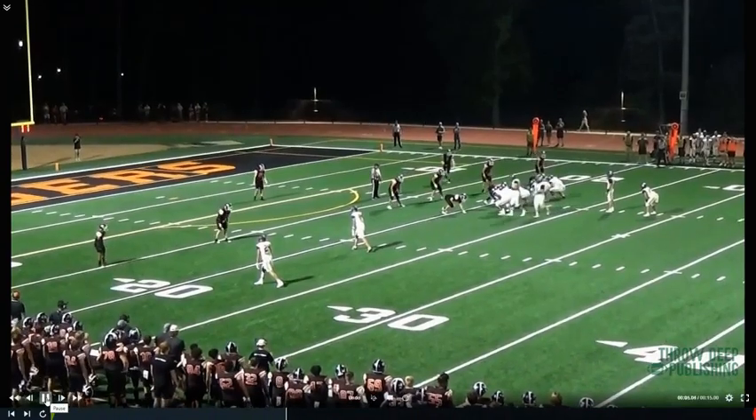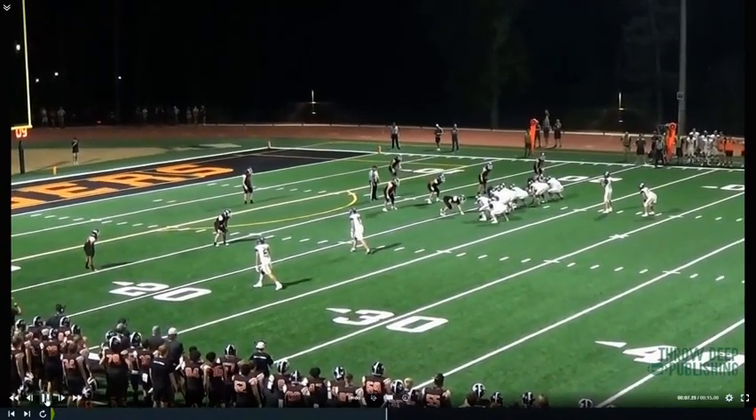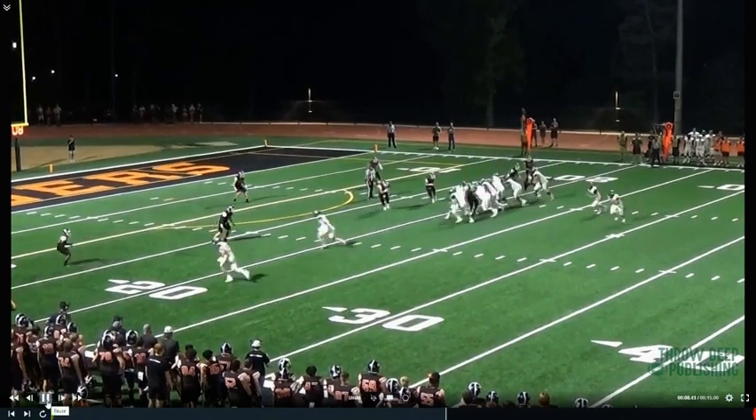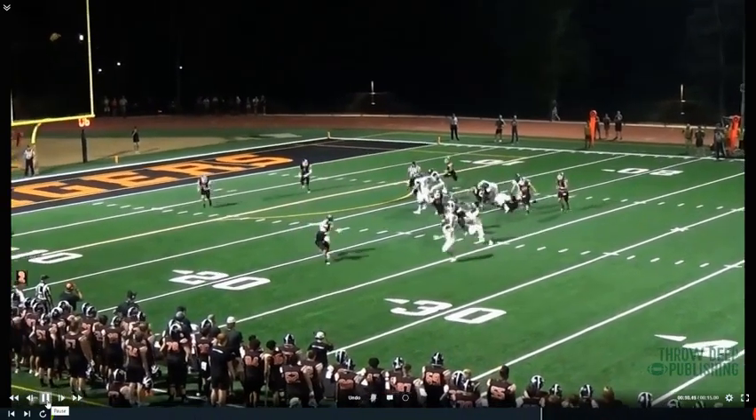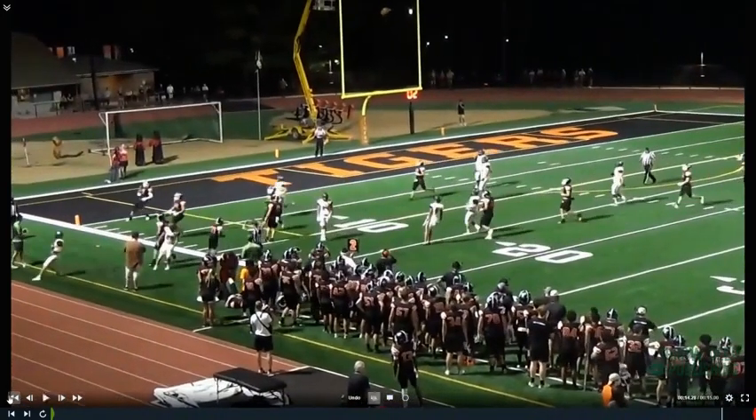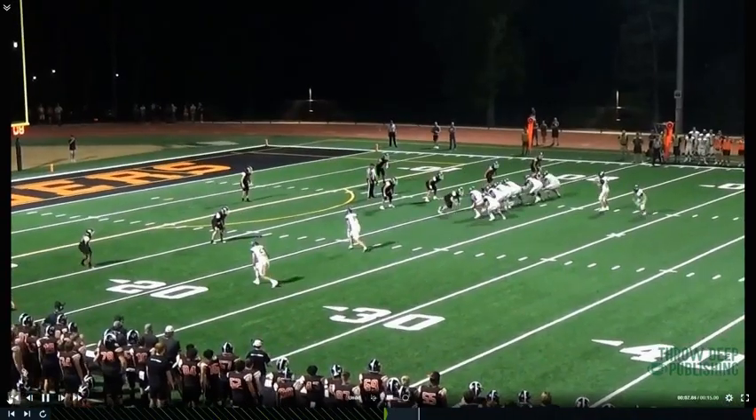You can do speed option in a variety of ways. We have a heavy set here, an unbalanced edge. We've created the rule where this is our pitch key, and we're going to use an unbalanced edge to help build the wall to get our quarterback outside. So I'm trying to show that there's a variety of ways that you can do this to get the ball